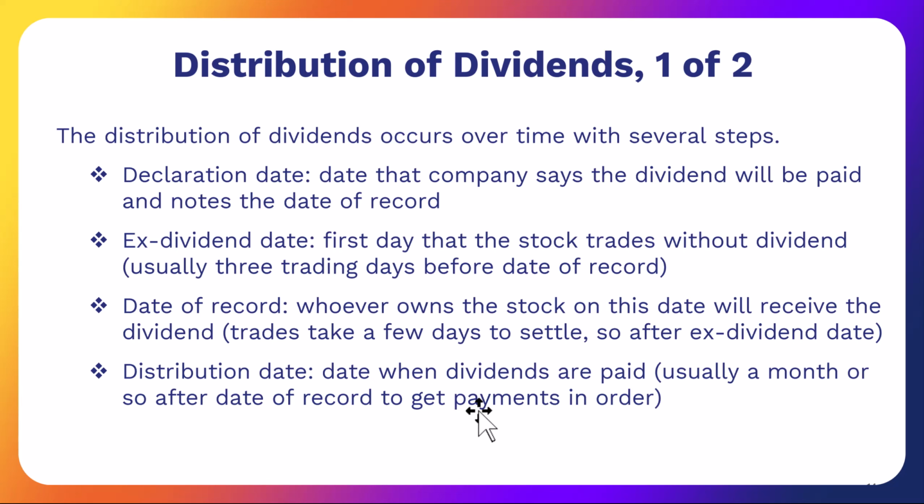So they've established what they refer to as an ex-dividend date. It covers this time frame. This is usually 3 days before the date of record. On that date, the stock price will actually fall by the value of the dividend. This ensures that the person that owned the stock for the entire last quarter gets the dividend they deserve, and the person that just received the share does not.